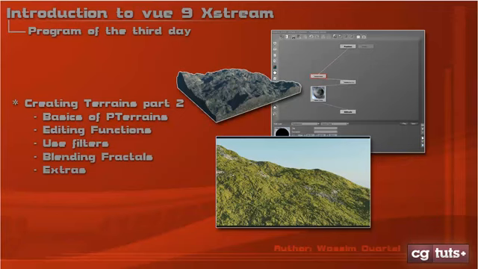Today what we're gonna see is the second type of terrain available in Vue, which are the procedural terrains. In this tutorial we're gonna cover the basics of procedural terrains, I mean the main difference between basic and procedural terrains. We're gonna see how to edit functions for creating some random or specific terrains using filters, blending two fractals,